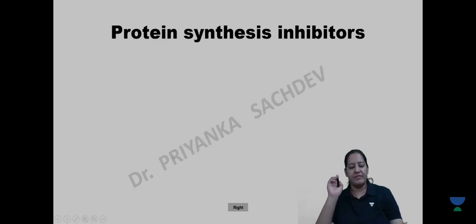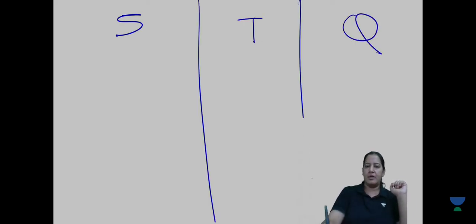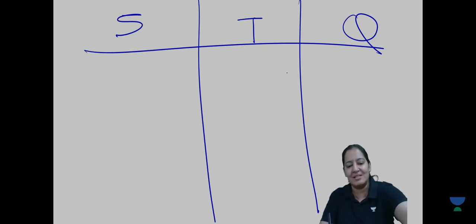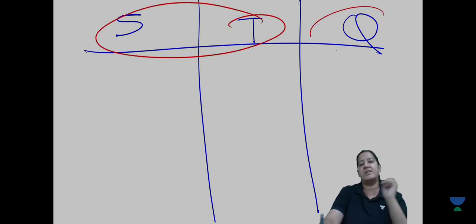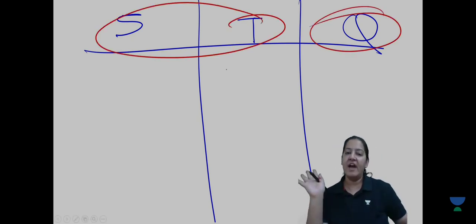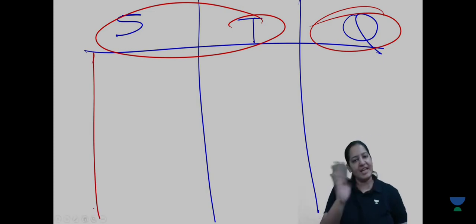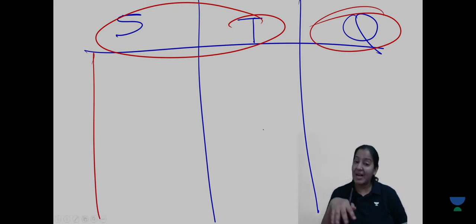Till now I am done with 3 chapters. I taught you sulfonamide, trimethoprim, and quinolones. The 3 chapters are done. That is nucleic acid synthesis inhibitors. The first 2 are indirect, the third one is direct. We have done all the possible details in each of them along with the practice questions in each chapter. Everyone give me a thumbs up.